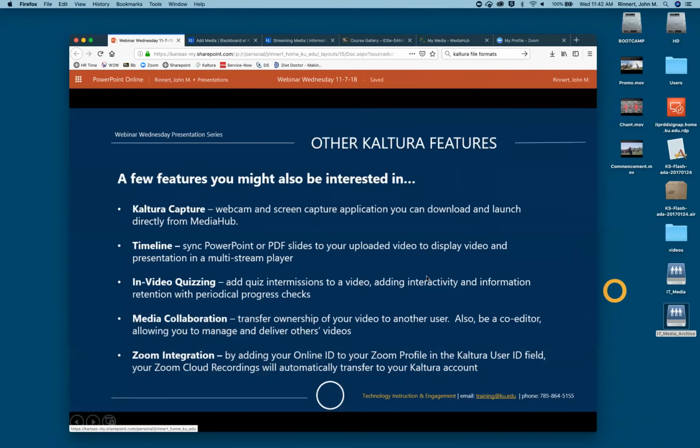By adding your online ID to a Zoom profile in the Kaltura user ID field, your Zoom cloud recordings, so when I make a cloud recording and after I've stopped my meeting, the recording ends, or I stop the recording, the cloud recording will automatically transfer to my Kaltura account in my ownership.